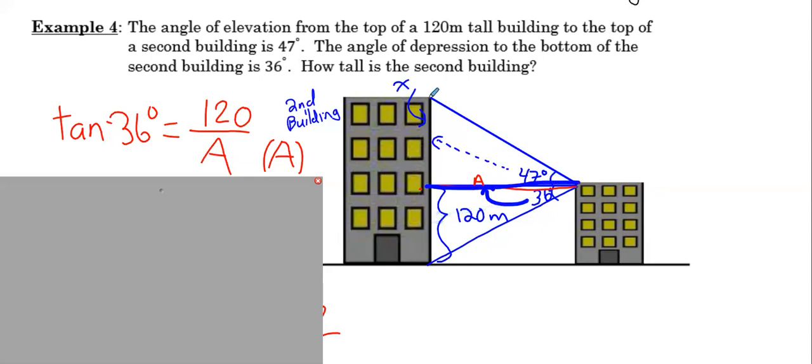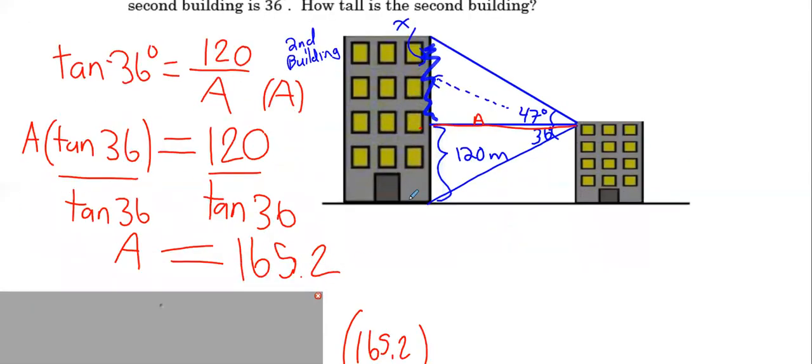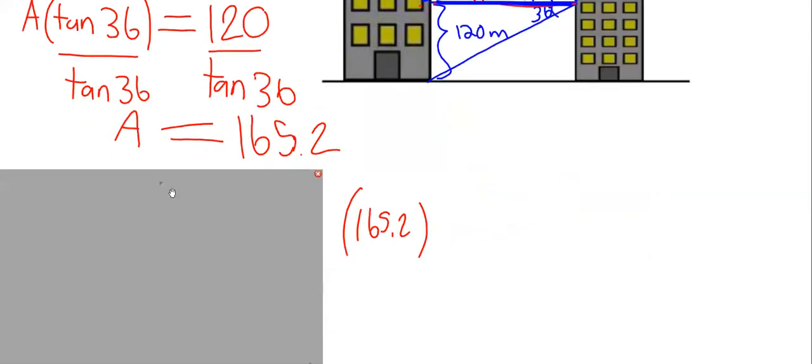Okay, now that won't help necessarily get the height, but I already have this portion of the height, it's 120. Okay, so I need to find this upper height portion in the triangle. So that I need that capital A. Once you get that capital A value, doing a little bit of inverse operation, you get about 165.2 just for this measurement there. Then I can use the opposite side, which I can call X. So this top piece there, and the A, which is the adjacent side. So it's another tangent ratio,